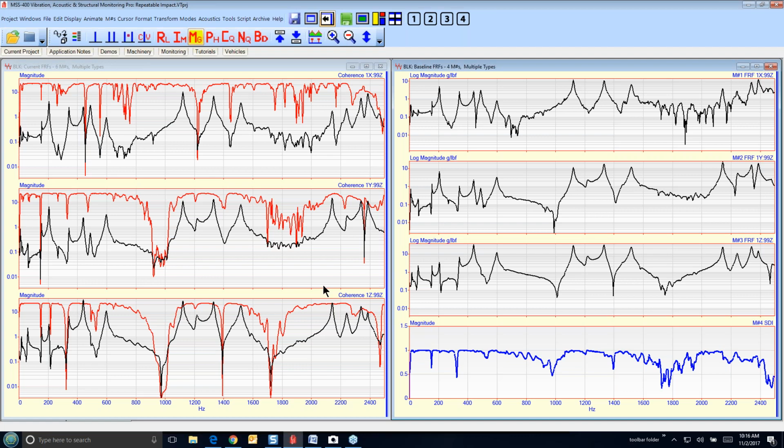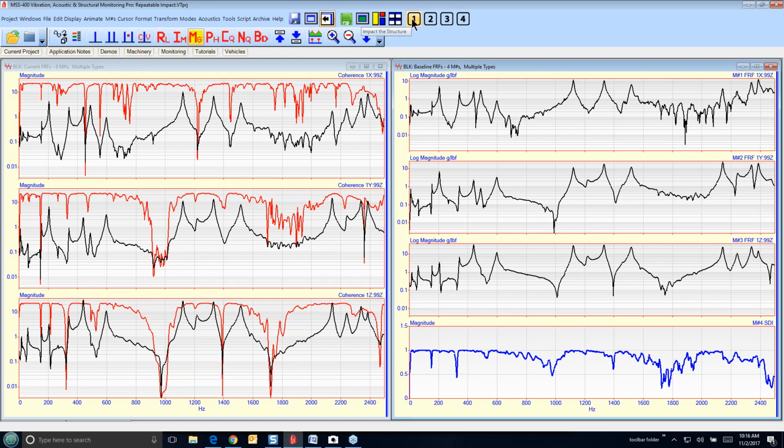Over here on the left is my baseline, and then down below it is the ODS correlation. You can see the last time I ran MEscope, I did a pretty good job of hitting it at the same point and direction so that my ODS correlation values are all equal to 1. Those are the SDI values.